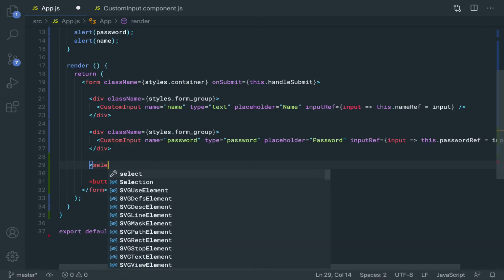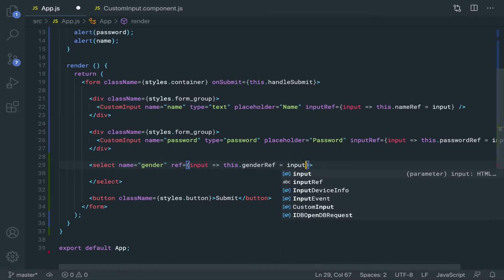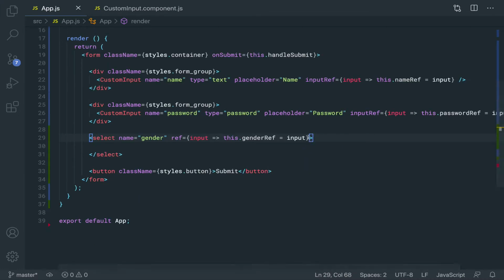I am going to create a select option with a name, gender. Also, I'm going to add the ref directly to it, which is going to be input this.genderRef equals to input. I'm going to add the class style.formControl